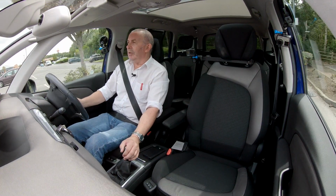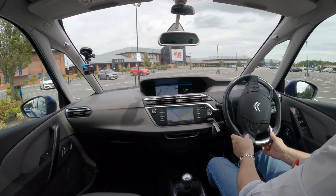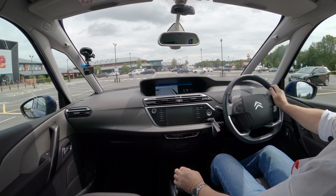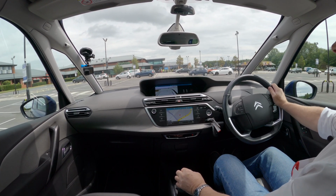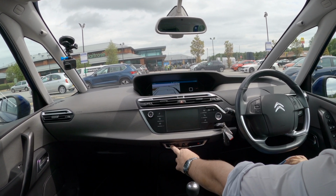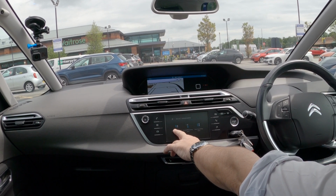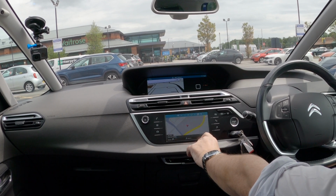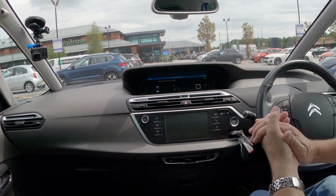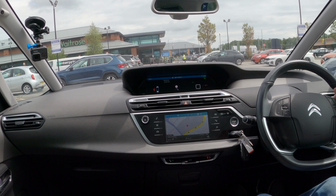Okay, what we're going to try and do is show you the Citroen's party trick. So here we go. Right, so if we click this button here, the parking button, then you've got parallel parking, so that's enter parallel parking, exit parallel parking, 2 slow bars, and enter bay parking. So we're going to have enter bay parking, then the dashboard changes, and it says select side using indicators. So if we indicate left and then we start moving forward,